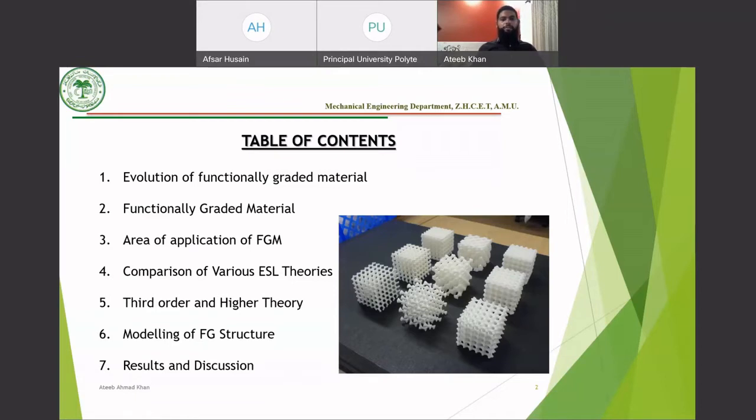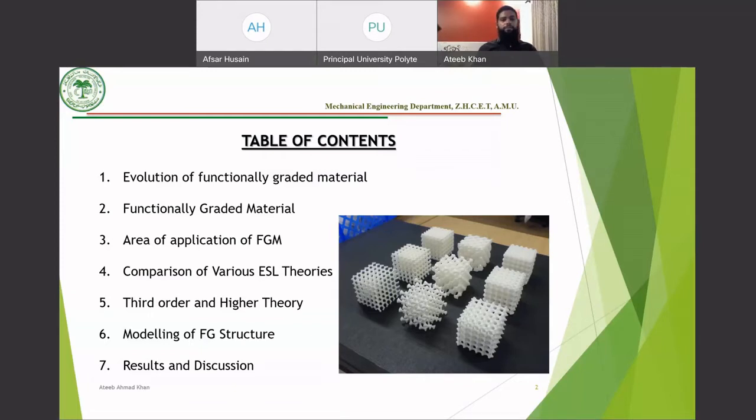Later on in this lecture, I'll be discussing the modeling techniques of the functionally graded structures. And towards the end of this lecture, I'll be showing you some of the results which I've obtained: the deflection of the plates, the stresses developed in the plate, and the buckling loads which we need to calculate for the functionally graded material. I'll be showing you that for the simply supported plate. These results are obtained from an in-house developed code by me, and it is only for the simply supported case, as you know that the